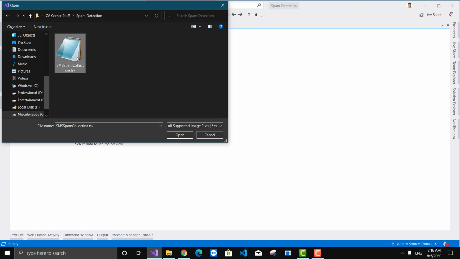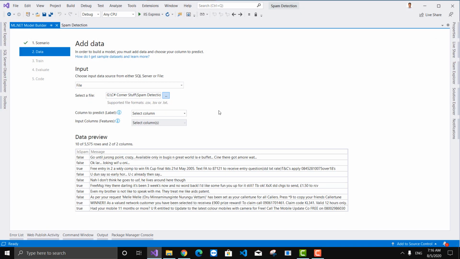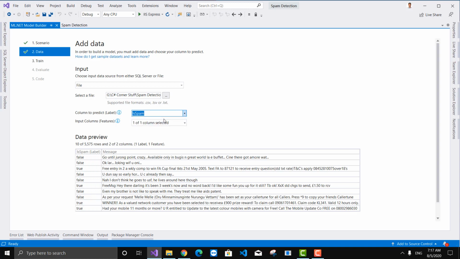I will select the spam detection collection file. Here you can see the dataset data is previewing. There are two options. First of all, the column to predict. Basically, I want to predict whether it is spam or not, so I will select this column.